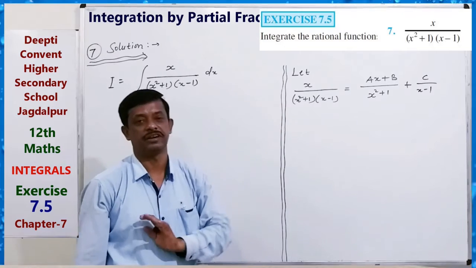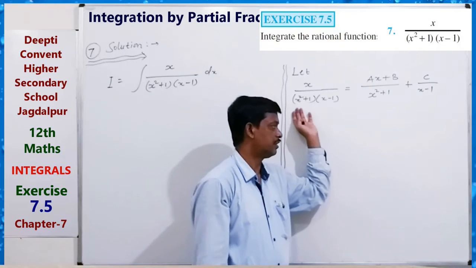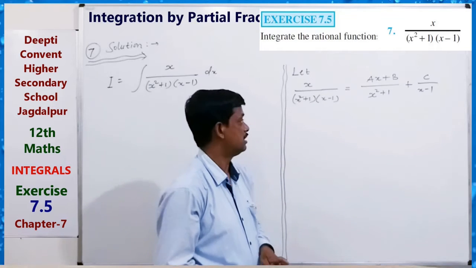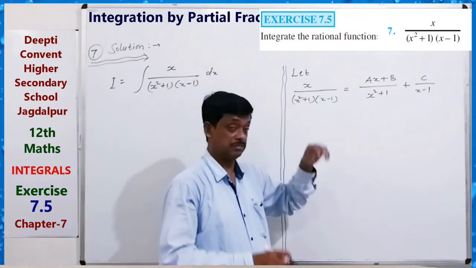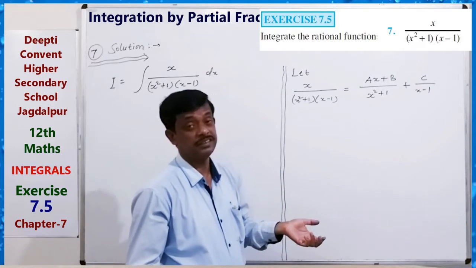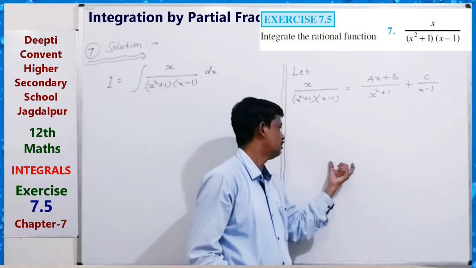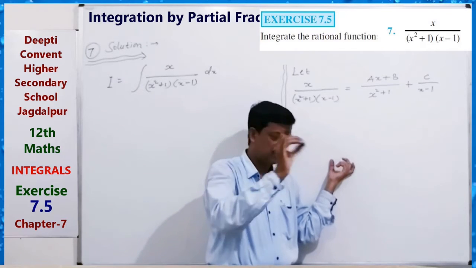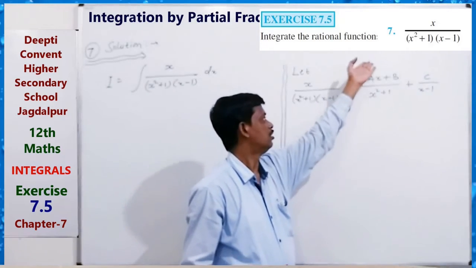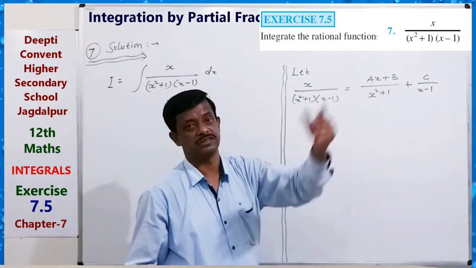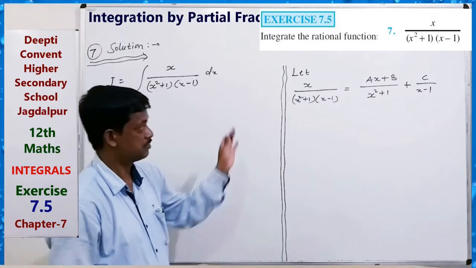Now we can partially fractionate it. This is the method for a second degree factor which cannot be written as a product of linear factors. If a third degree factor also cannot be factorized, a third degree factor can always be factorized into a linear factor and maybe a second degree factor that cannot be separated, and you can write it like this: over the second degree factor, the numerator will be a linear factor with constants. So this is another method for partial fraction substitution.